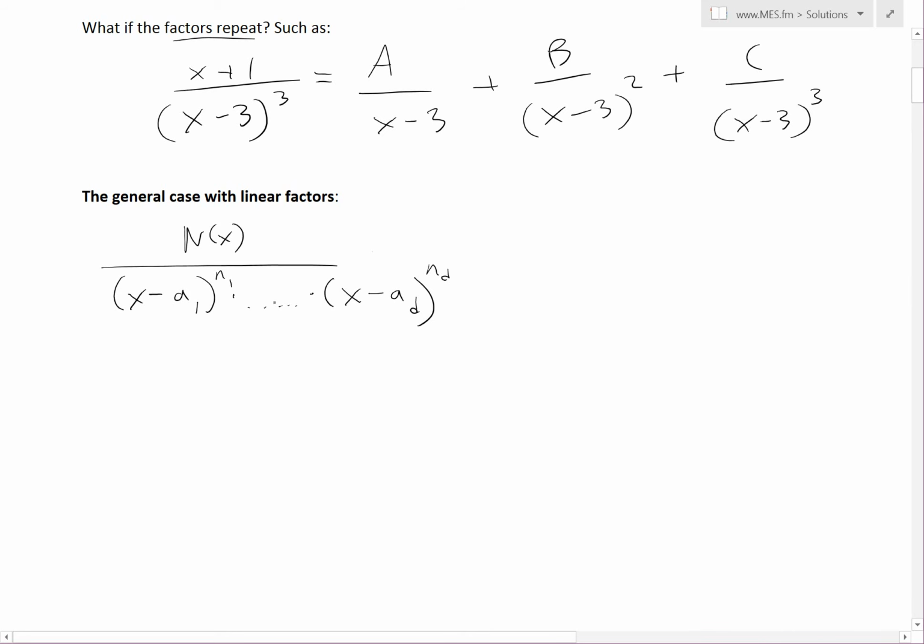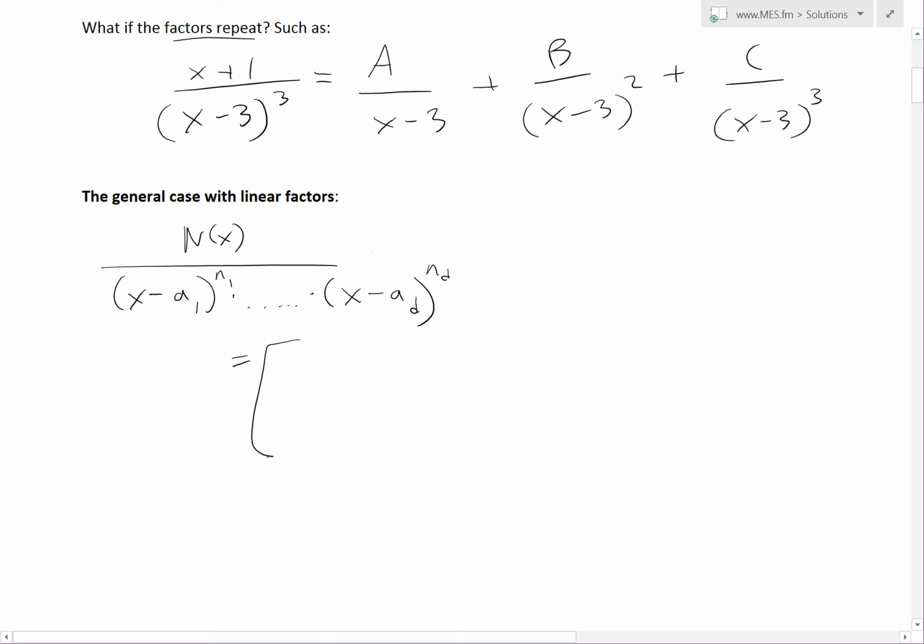In the middle we'll have x minus a2 to the power of n2, etc., all the way to nd. So you could have as many repeating factors as you want. And now, for the general case, what we have to prove is that this equals